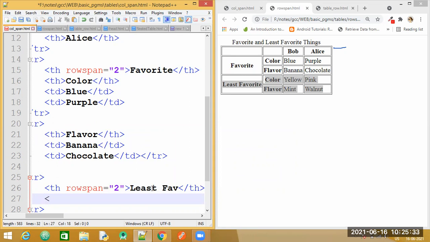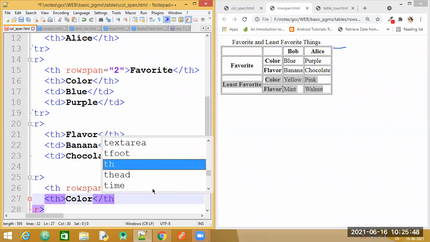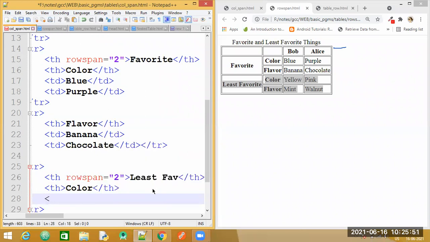So which tag again do we require here? We will require a TD or TH. TH. First a TH tag specifying the color, and then a TD tag. So what does come in the TD tag? Yellow. Right, and two colors. Okay.